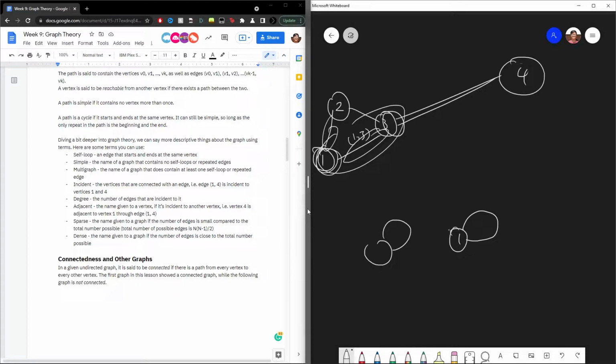Sparse is a name given to a graph if the total number of edges is small compared to the total number possible. So the total number of possible edges is n times n minus 1 over 2. The reason why is because